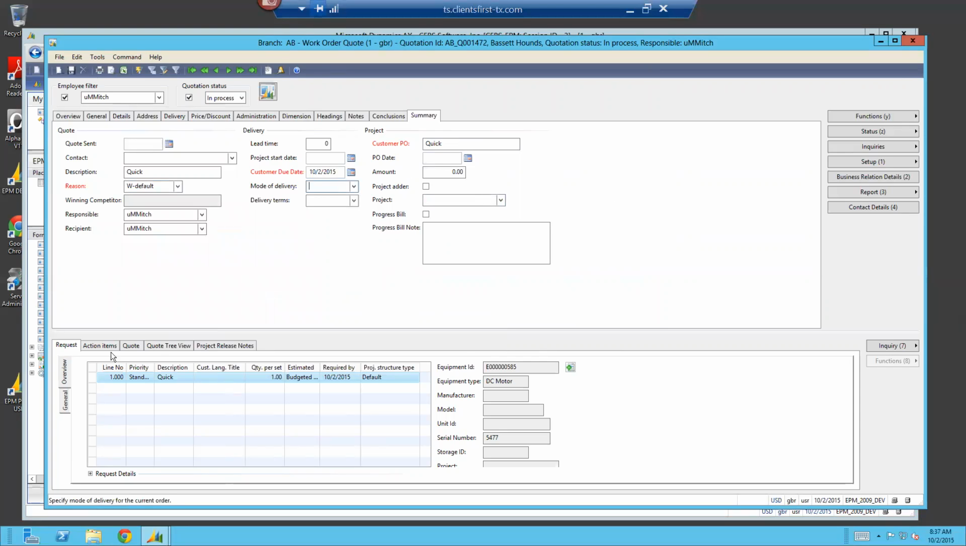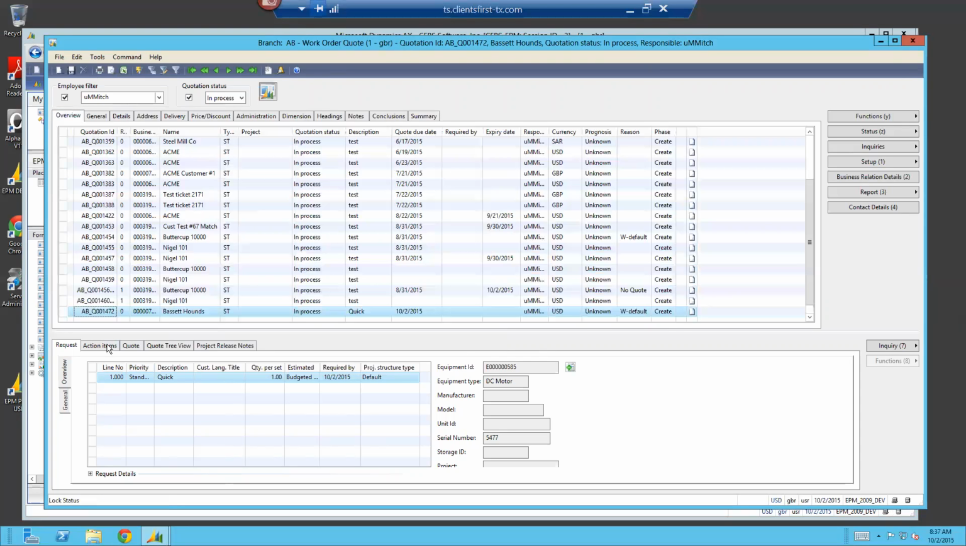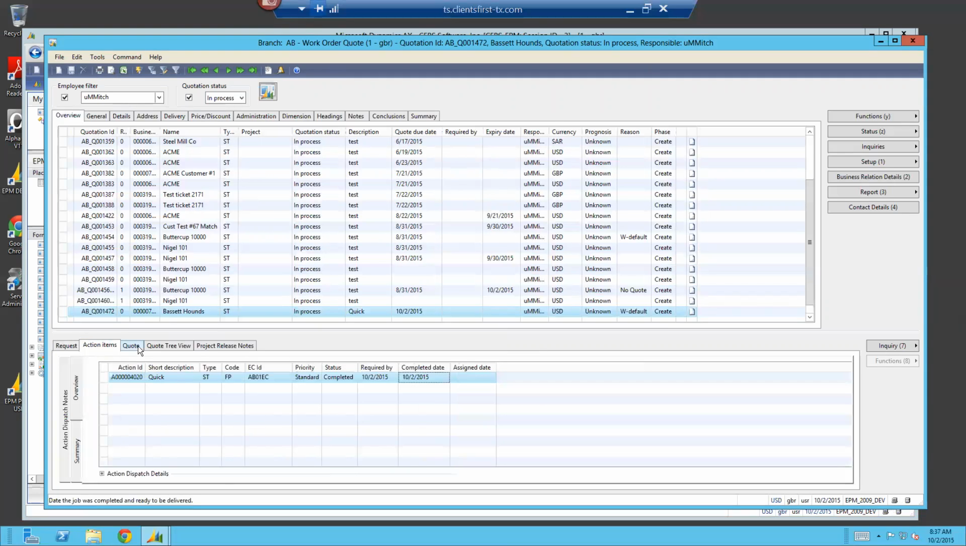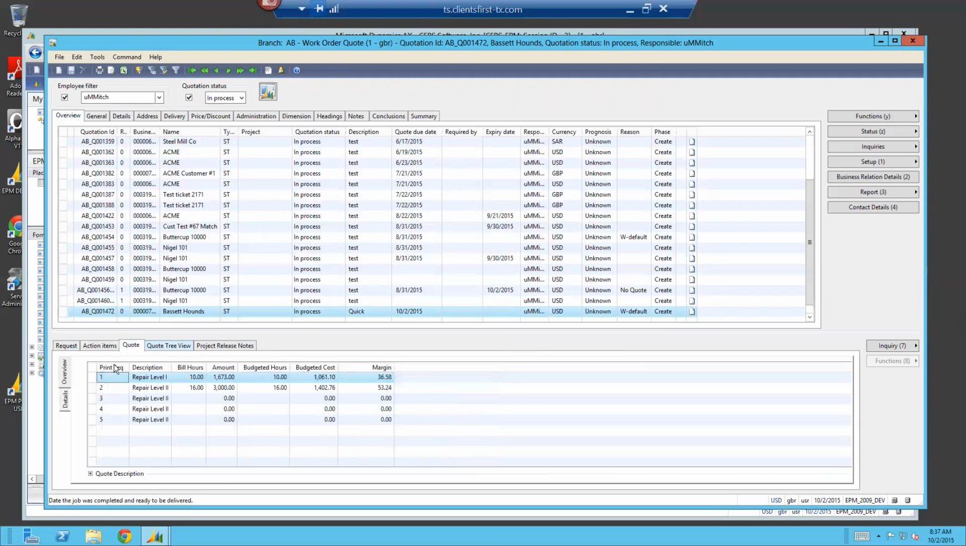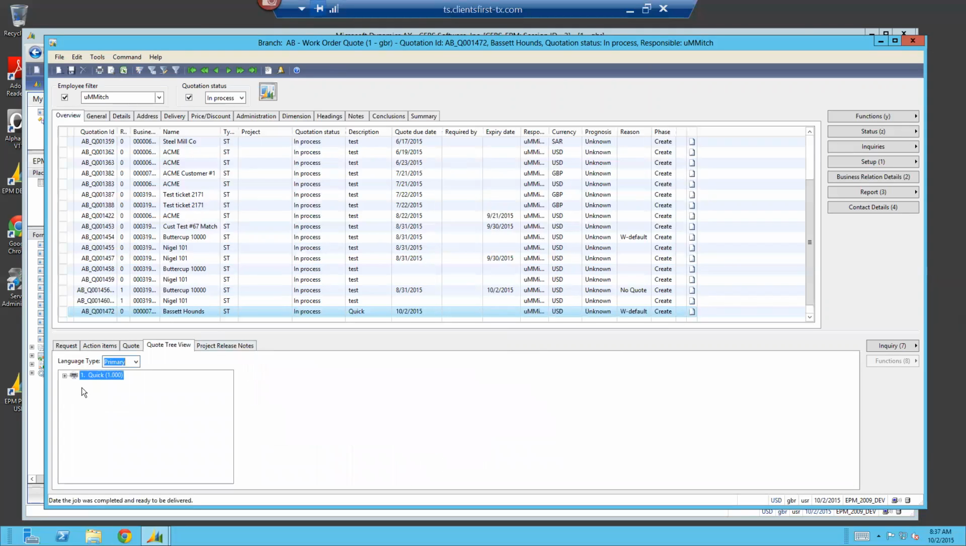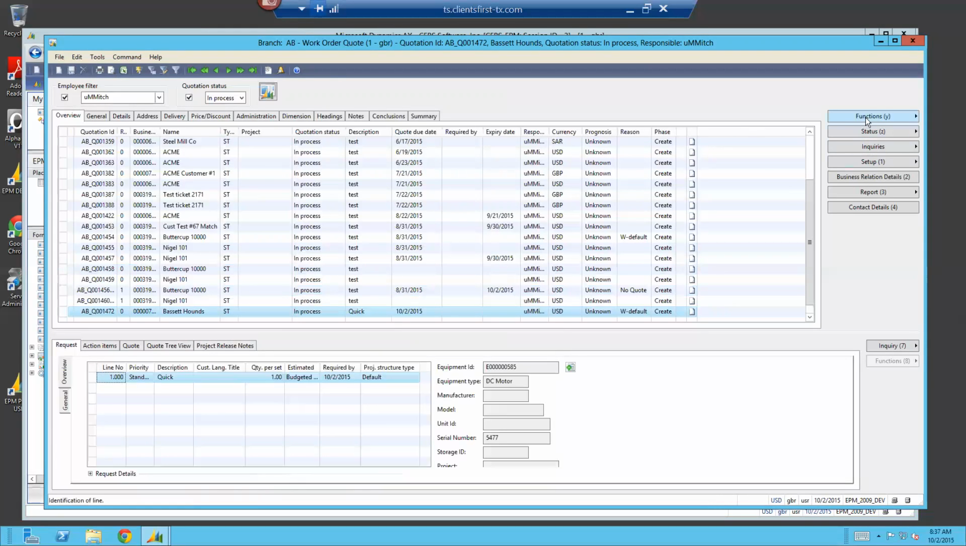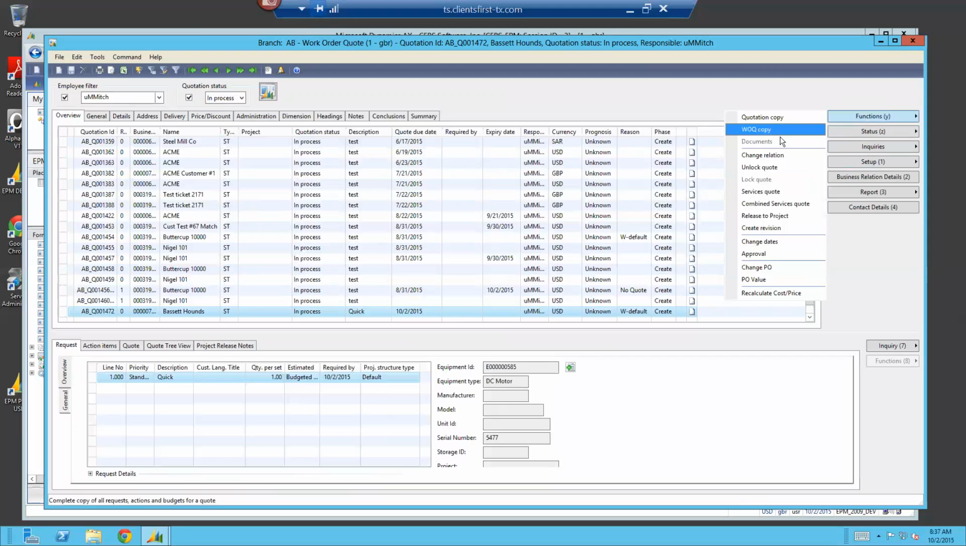So everything's in order. You can see that the system automatically created any action items and all the quote details, and you can also see that there's a quote tree view if you prefer that, and you can tell what's going to print on the quote from here, and any project release notes that are necessary. So we're going to go ahead and convert this to a project,